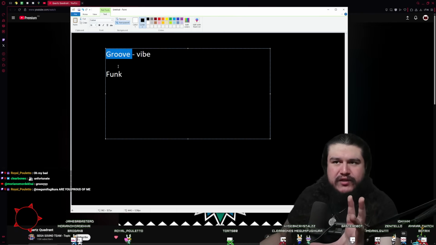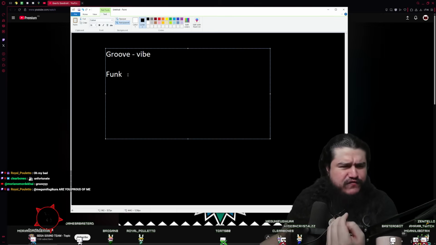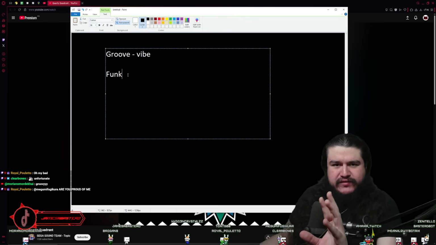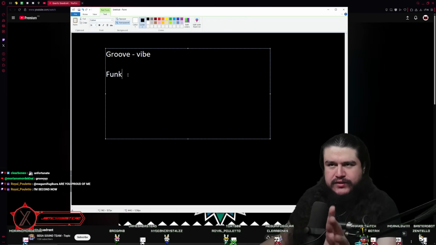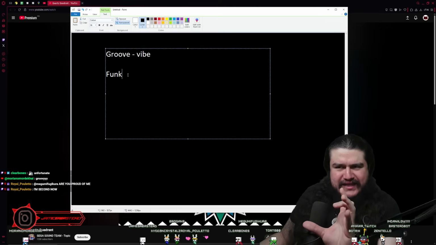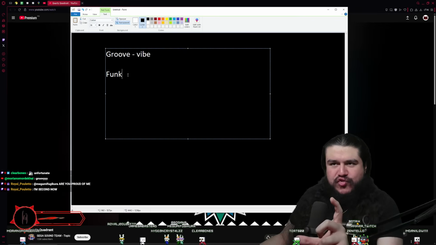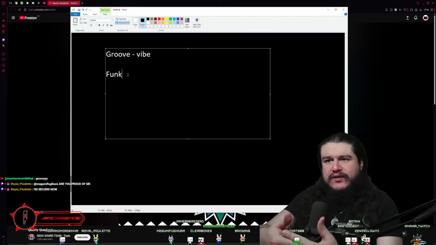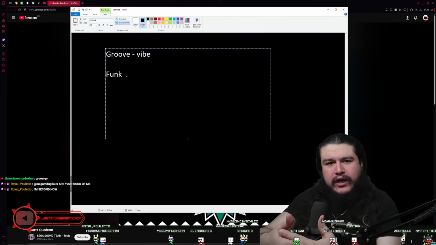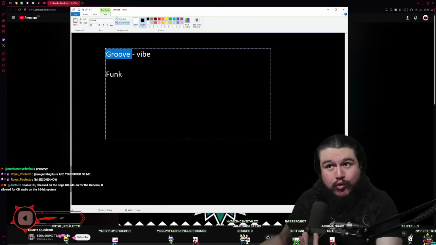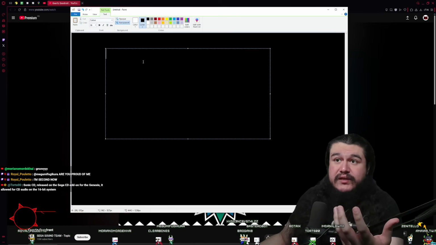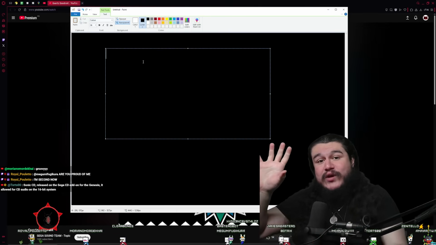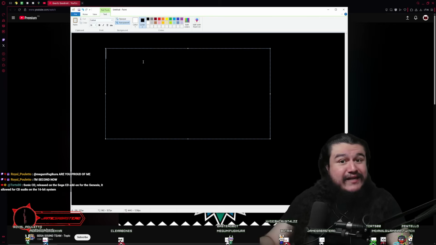Groove is a phenomenon that goes very much into funk, jazz, fusion, these kinds of genres where each instrument is doing something different, like completely different. To the point that if you were to isolate the individual stems, it would be difficult to tell that they're playing the same piece. But once they all come together, they just fit so nicely amongst each other, creating a groove. So right now, we have the drums playing a drum beat, we have the bass playing a bass line, syncopated, and then we have a synth playing some chords, also syncopated in a different way than the bass.